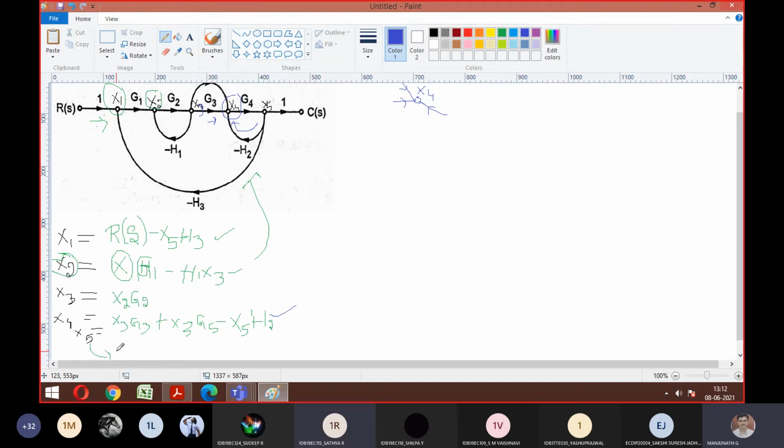Conclude with X5 now. Which is the thing entering? X4 G4, only one. You can see only this part is entering. So you can conclude X5 is nothing but X4 G4. Is it okay to everyone? Yes, sir. You have one more output, C of S, also. All the things I wrote, X1, X2, X3, are all outputs. Similarly, after 5 nodes, you have one more last node called the output node. So what is C of S? C of S is equal to what is entering for C of S?